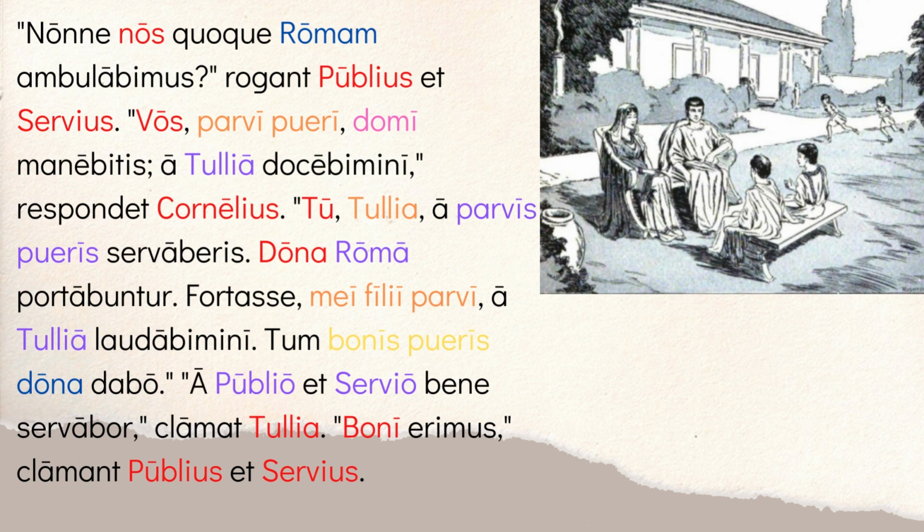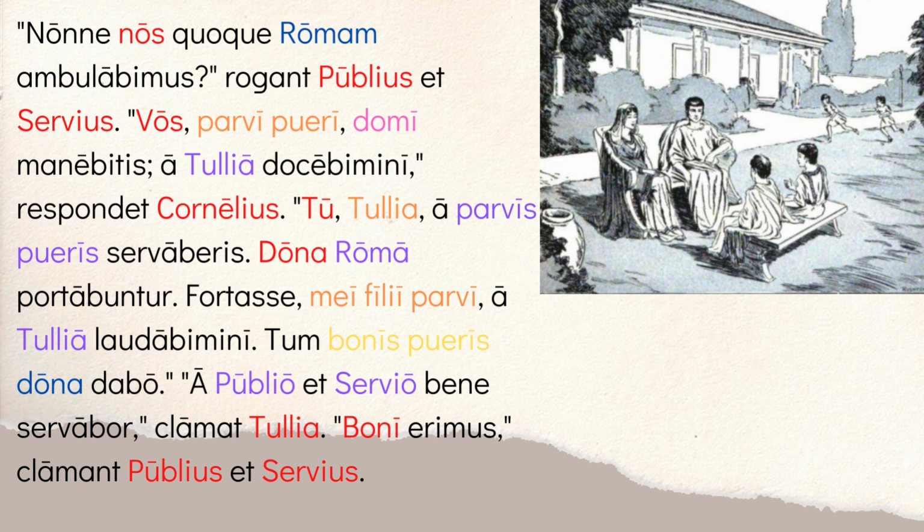And then he says, tum bonis pueris dona dabo. Then I will give. Dabo is active voice. So he says, maybe your mom will say that you guys were great, right? You'll be praised by her. Then I will give dona. I will give gifts. It's neuter, right? Neuter accusative plural. And you give, remember, with verbs of giving, you give something to someone. You're looking for a dative. It's bonis pueris. I will give gifts to the good boys. So he says, hey, if mom says you did a good job, maybe I'll give you gifts.